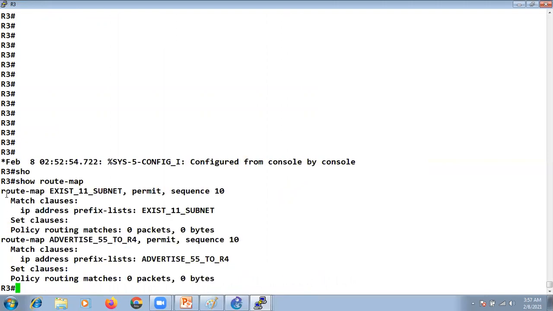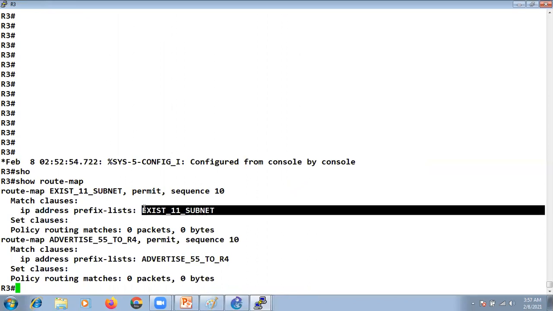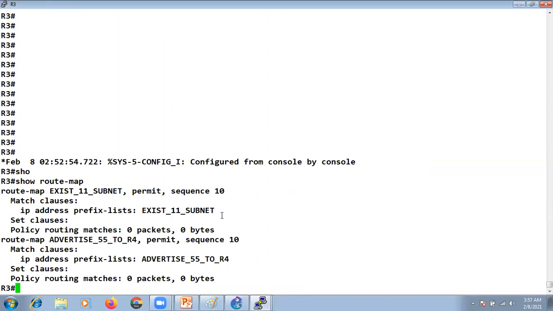We have created two route maps: one with the name exist 11 subnet, which calls one prefix list exist 11 subnet, and in that prefix list we have matched the 11 subnet, which we are going to use as a condition. The other route map we have created is advertise 55 to R4, which we are going to use to define the subnet that we want to advertise.